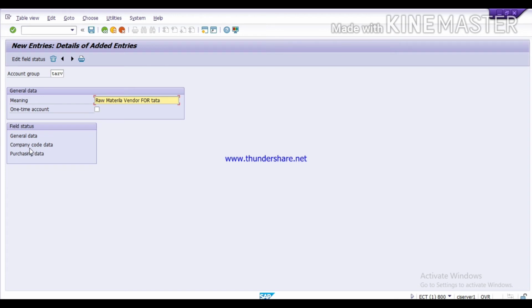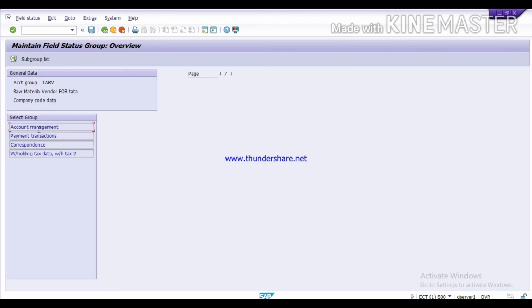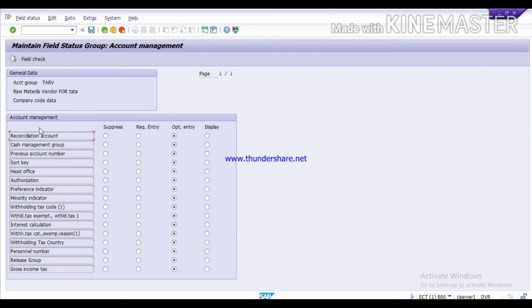Here click on this company code data under field status. Click on account management. Here we can set the fields for your vendor invoice. Which fields you want to suppress, which fields you want to keep required, and which fields you want to keep optional.